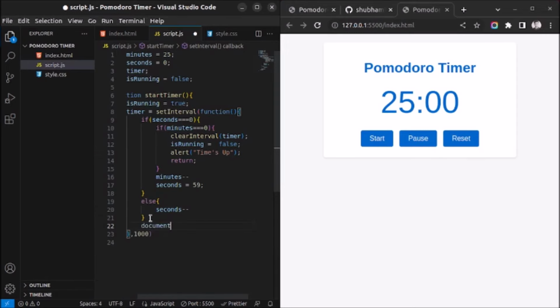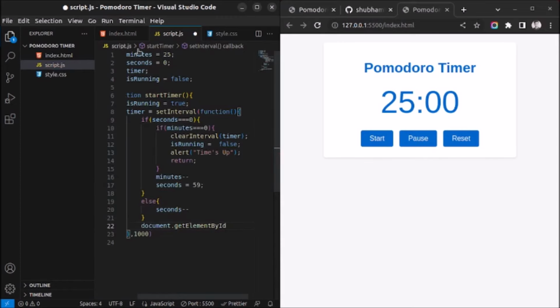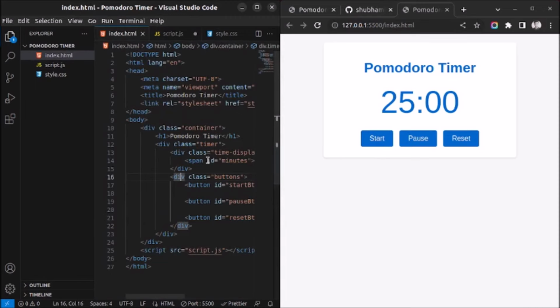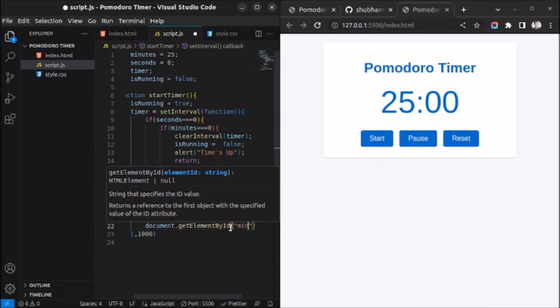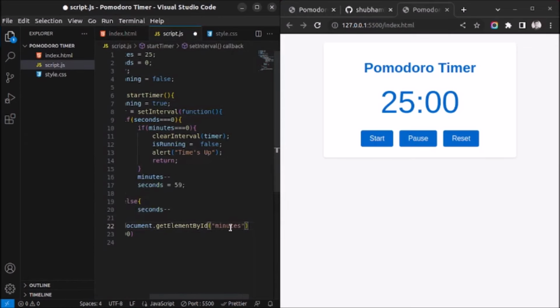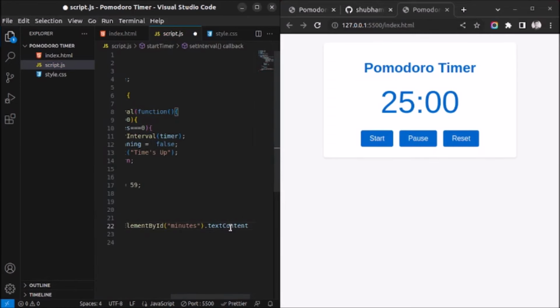So for that, document.getElementById, and let's check the ID of this minutes. And here you can see it is minutes. So getElementById, and it is minutes. And here I want to set the text content to